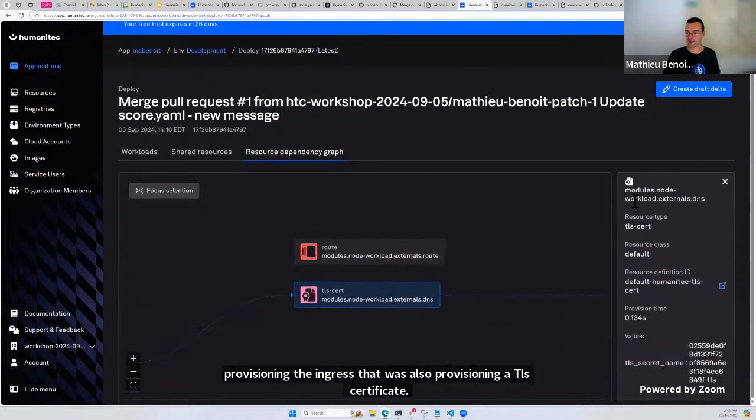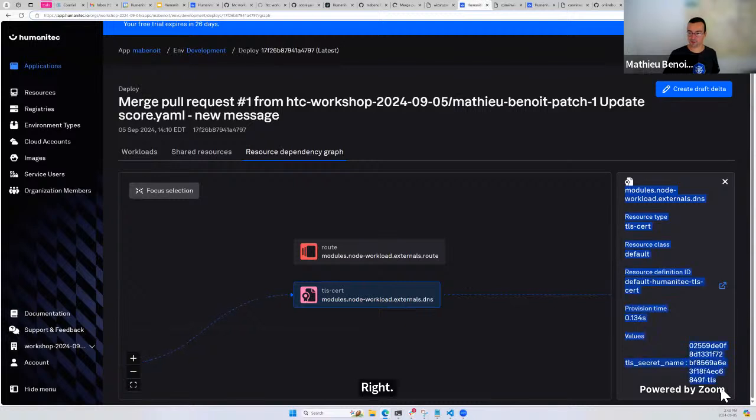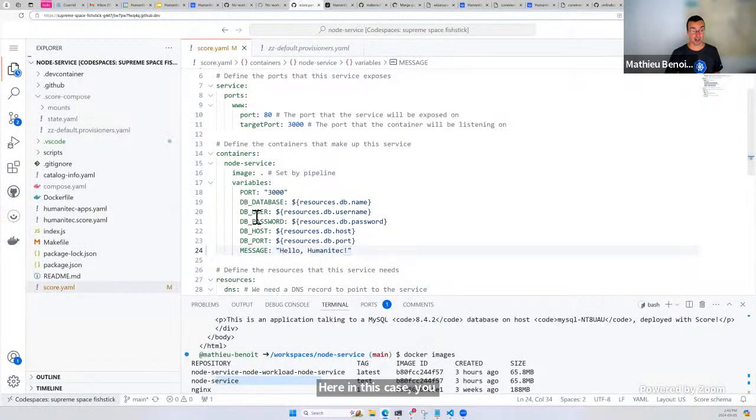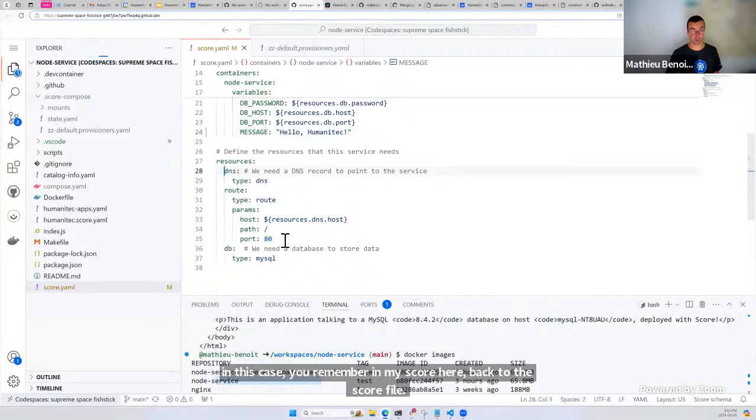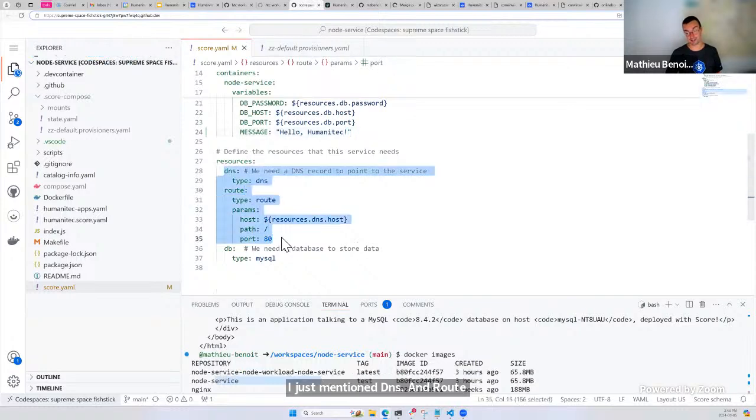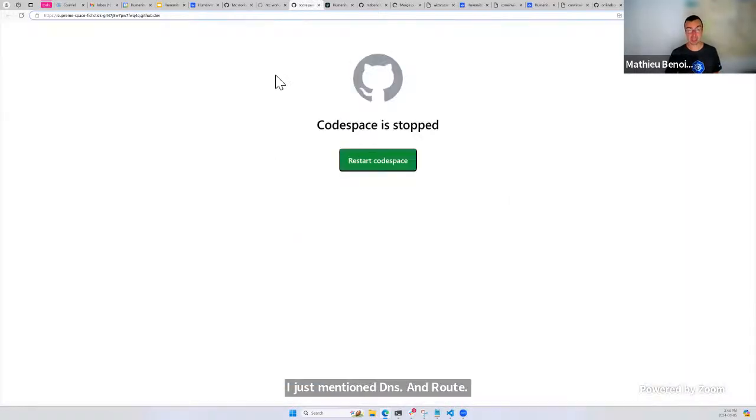And look at this. Here, by default, and that's not the developer in this case. You remember in my Score file, back to the Score file, I just mentioned DNS and route. I didn't mention TLS